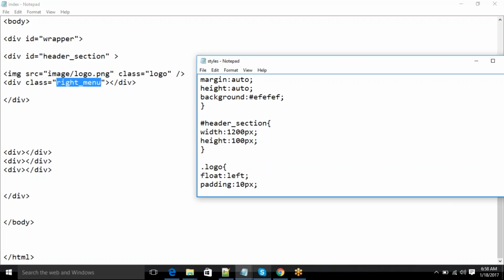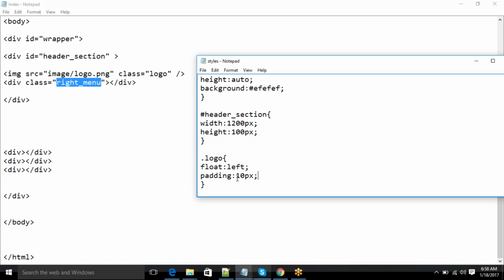I think we have not discussed the CSS box model, so we will discuss it before we start even working with this template. But let me complete this header part and get back to the CSS box model and come back again to the template. So padding 10 pixels, and next